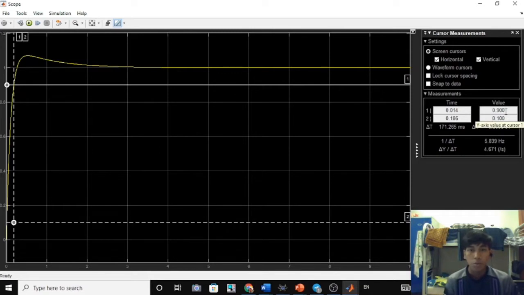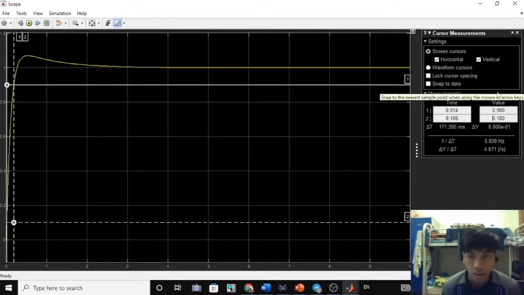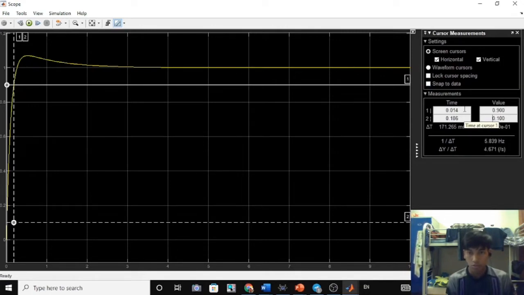Okay, for the rise time, we must search for 10% and 90% of the graph. For the values, we change to 0.9 and the other value 0.1, and then we get the times 0.014 second and 0.186 second. Then we subtract the first value from the second value, which is 0.186 minus 0.014, and we get